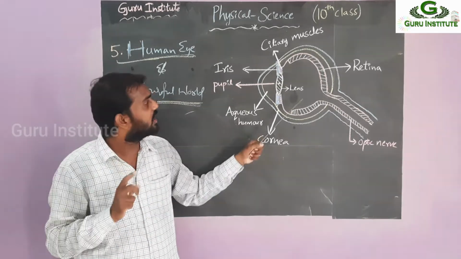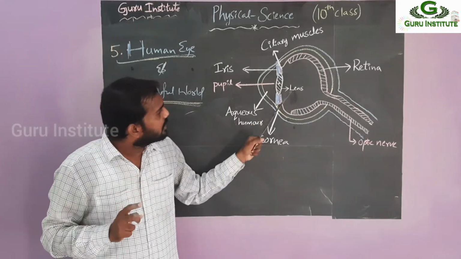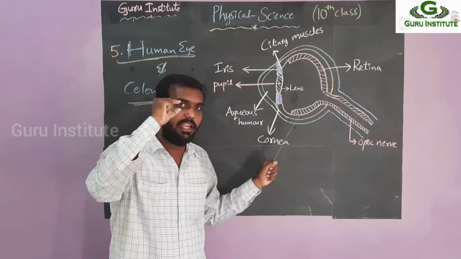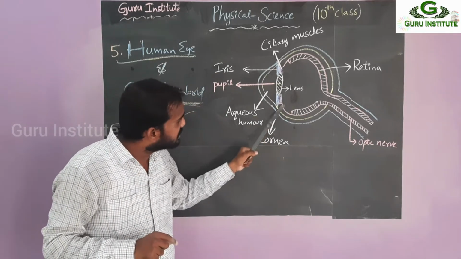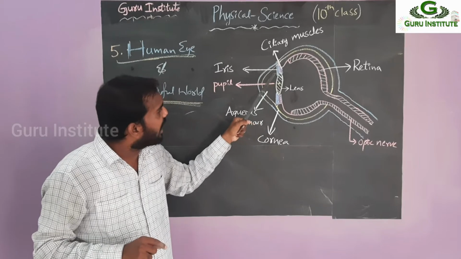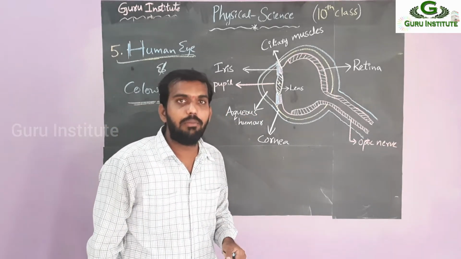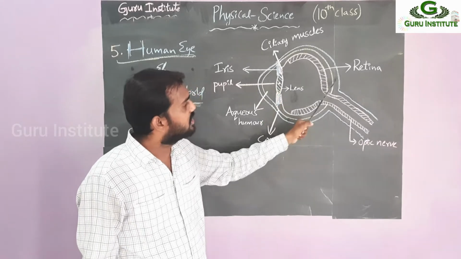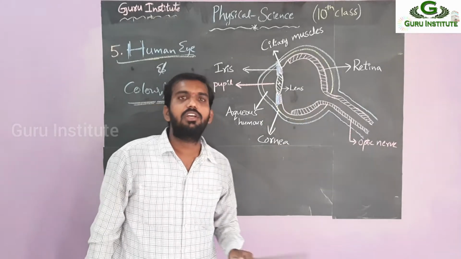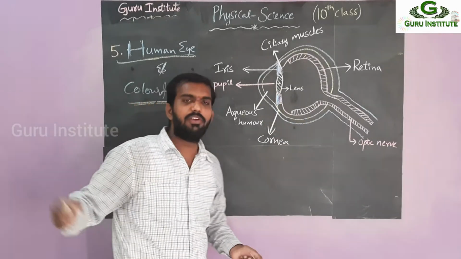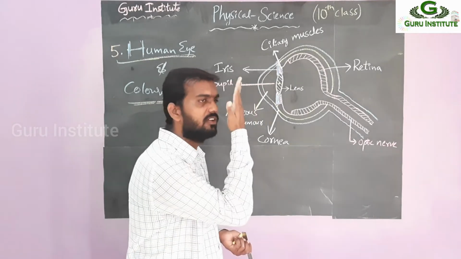And our eyeball is protected. Then this lens is fixed in our eye with the help of these muscles. See these muscles? This is the iris. This is the muscle. These muscles are called ciliary muscles. We can talk about this one. This is the retina part. This is the optic nerve, right? Now, in the previous activity, what did we see? We can keep it like this.